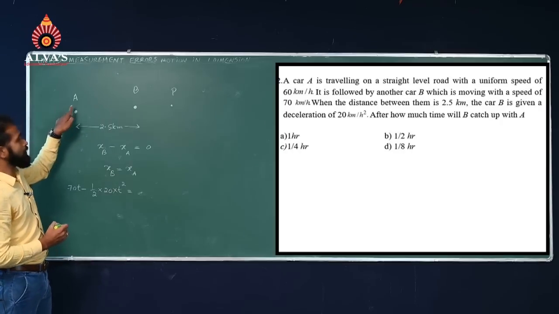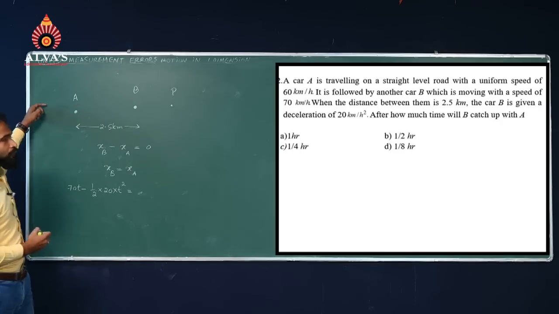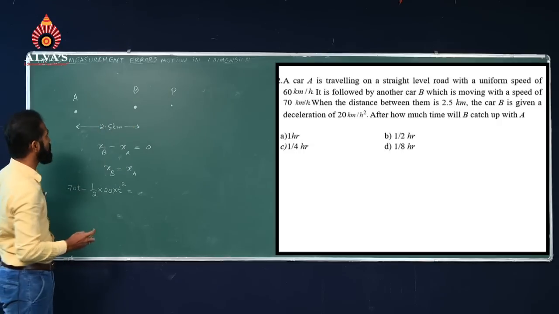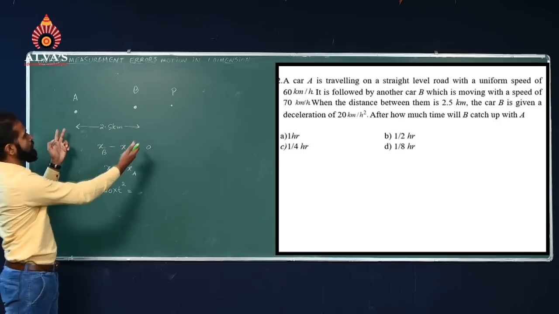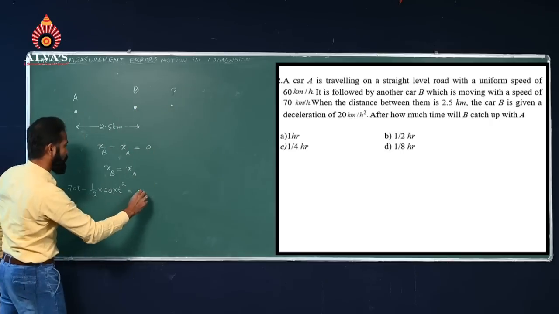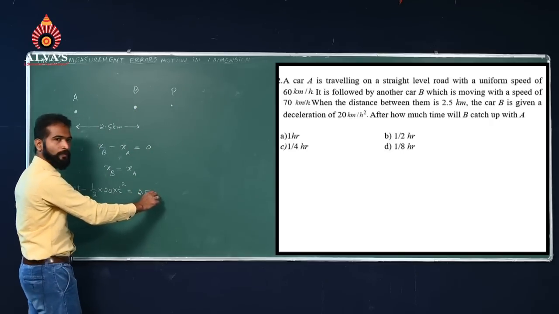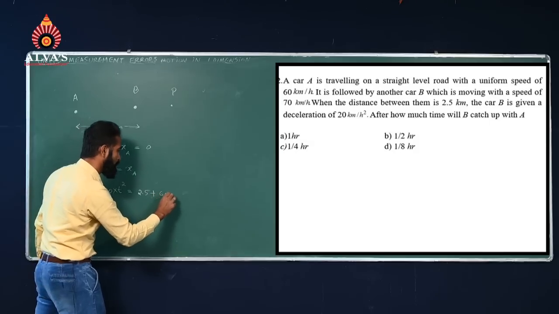On the other side, the first car, that is car A, is not given any deceleration. It moves with a constant velocity, that is 60 only, but it is going to travel a distance of 2.5 km plus the extra distance BP. So that will be a total of 2.5 km plus the remaining distance, which can be calculated as